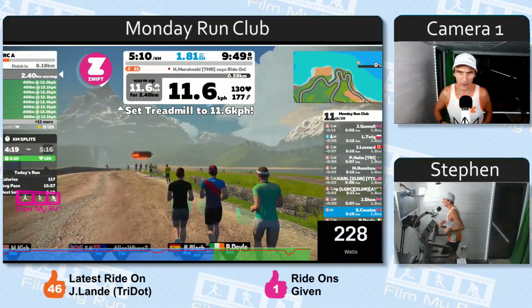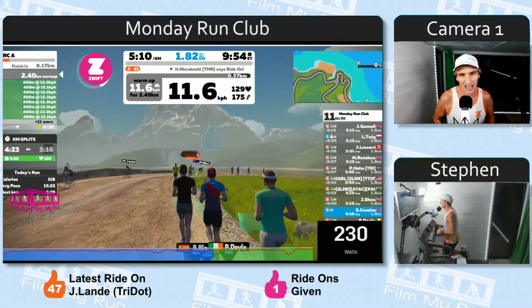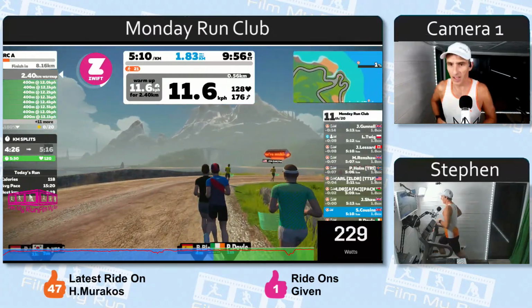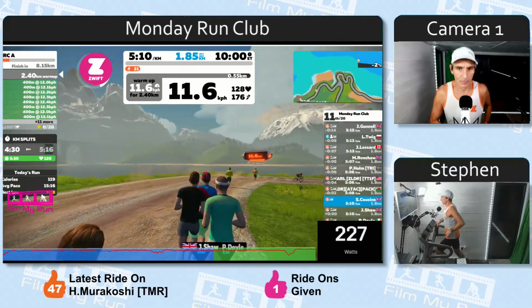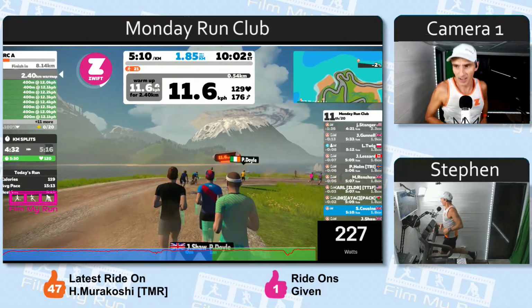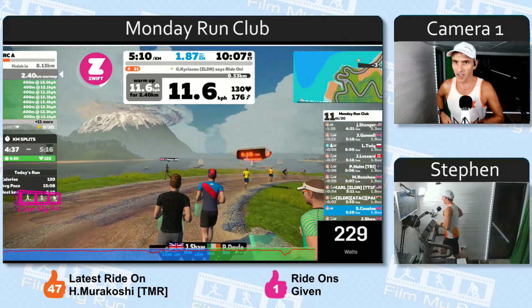Conditions have always got to be right for these things. Very rarely does everything fall into place at the right time for you to do a marathon PB. So I'm not counting any chickens. Especially with COVID around, you never know what's going to happen.